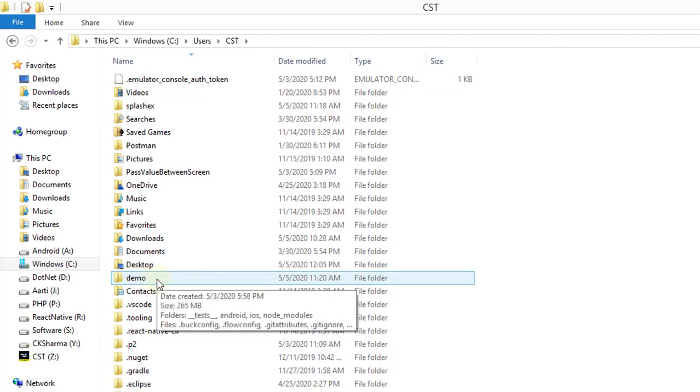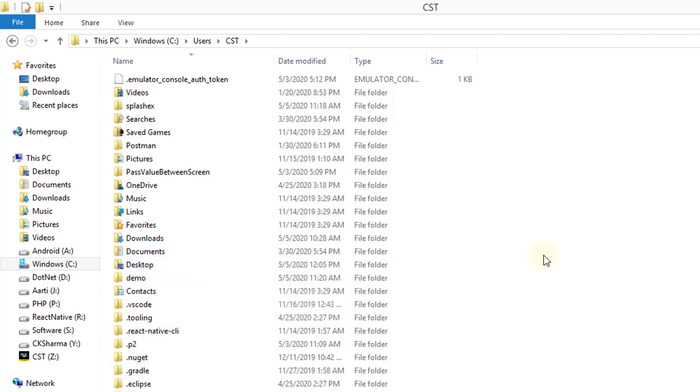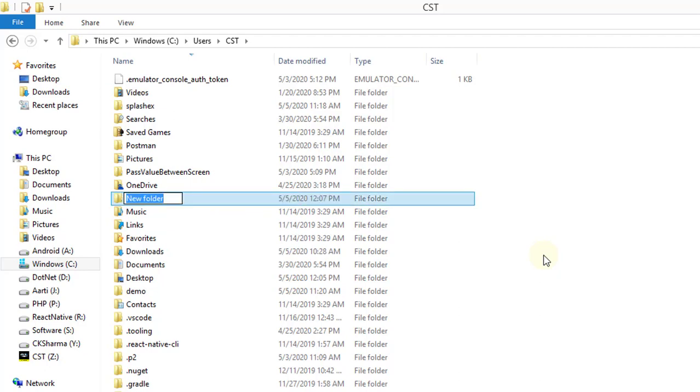Into the first step, we have to create a new folder with project name. As I explained you earlier, I want to change my demo app as Computer Science Tutorial CST. For this, we have to create a new folder with the name CST.